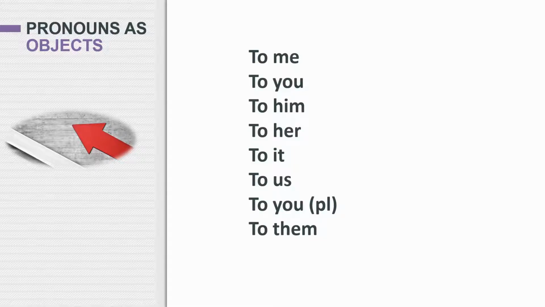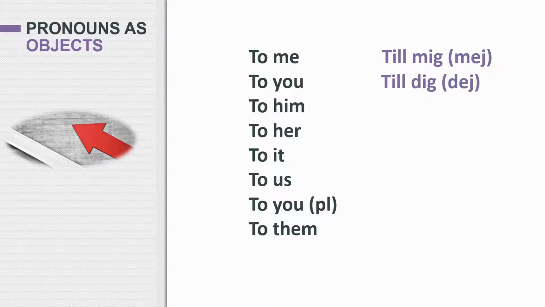Before we talked about henne, that was her. So let's begin from the beginning. How did you say to me? Like, give this to me. To me, how do you say that? Till mig. What about to you? So be careful. It's not till du. If you said till du, it's incorrect. So what's the correct word? It's rhyming with the one above, mig. Till dig.